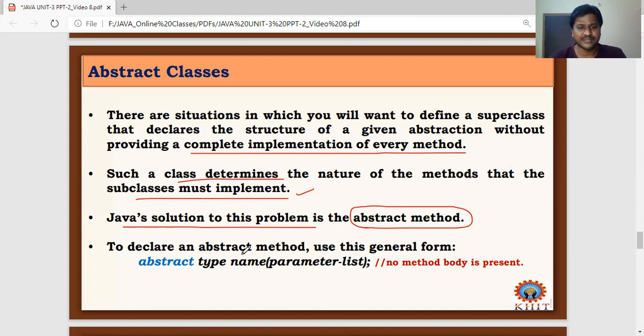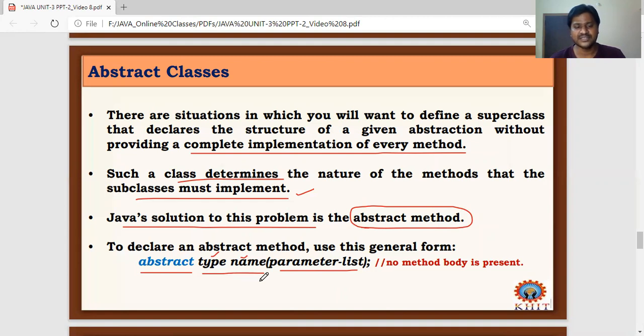To declare an abstract method, use this general form. Before the definition of a method, with its type, name and parameter list, use the keyword abstract. When you use the abstract keyword before the method definition, the method becomes an abstract method.